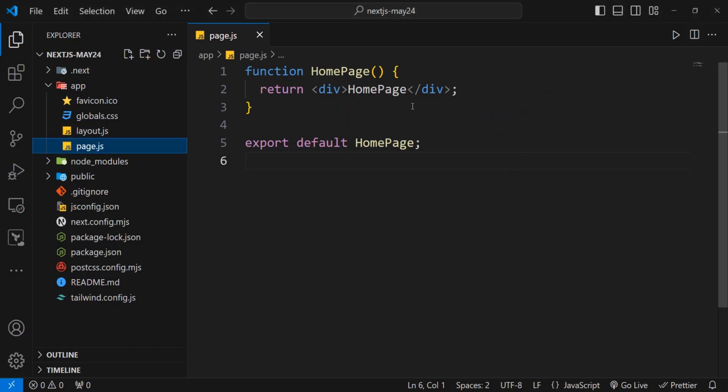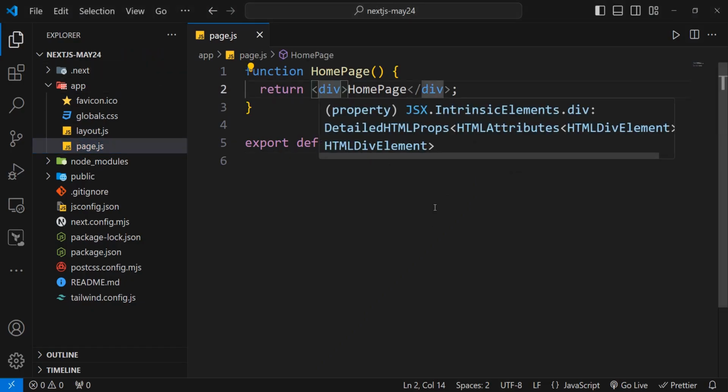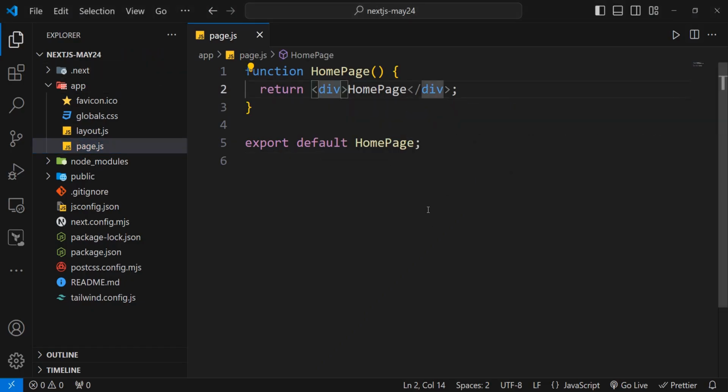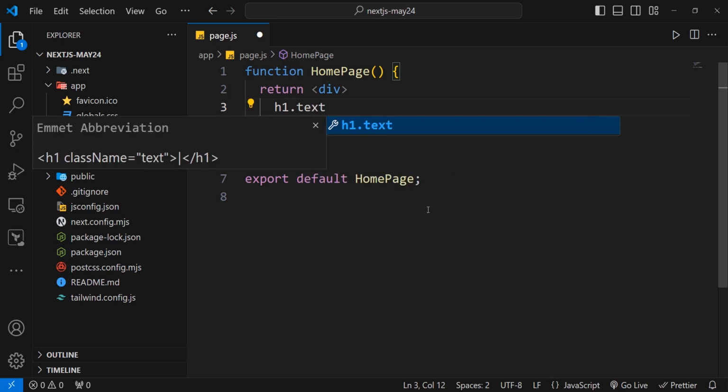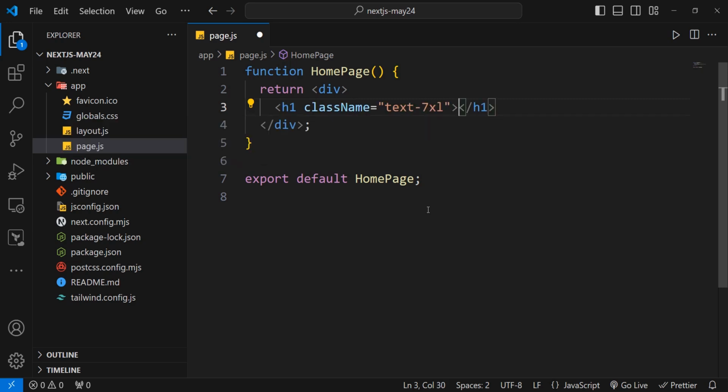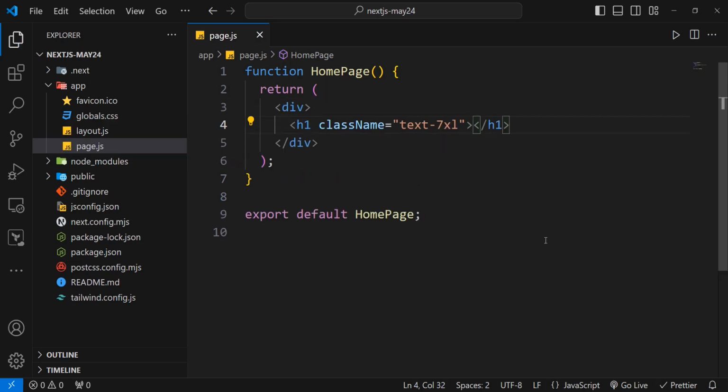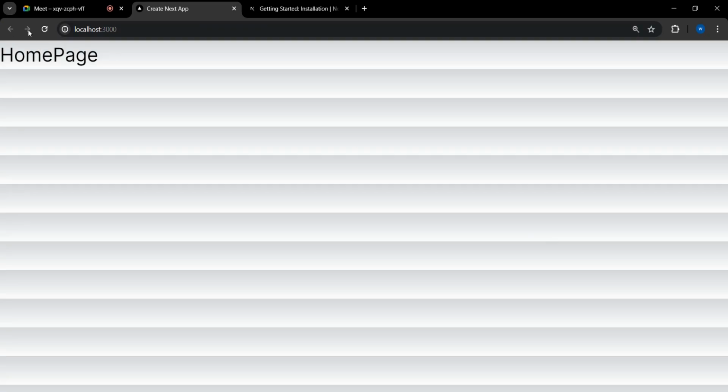Okay, and since we are using Tailwind as well, I'm going to give some classes. I'm going to come here, and instead of just having a div, I'm going to create an h1 heading, and I'm going to give a class of text-7xl. I'm going to explain these classes later on, but right now you can just focus on it like this. So I'll save this, and now if I take you back,